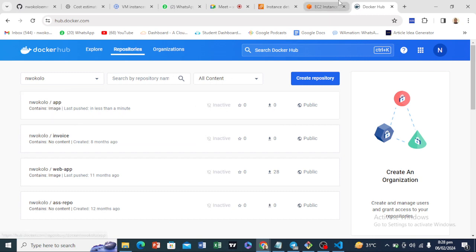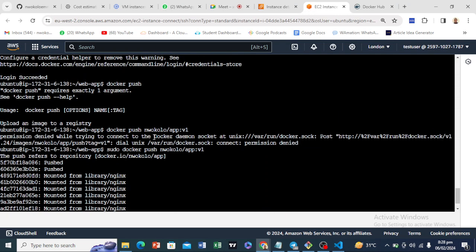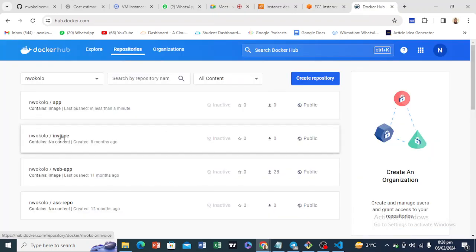So one thing you should know is this: when you are trying to push a Docker image, whatever you type in after this slash is like a new repository. You get what I'm saying. So for instance, in GitHub, this is like your whole repository, and this is like a mini repository that's in it, like all these ones that are here. This was tagged with invoice. That's why it has its own separate repository here, and the same thing happens to app. So if you open this app now,